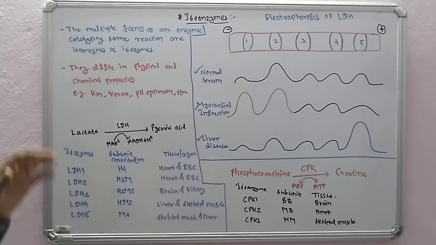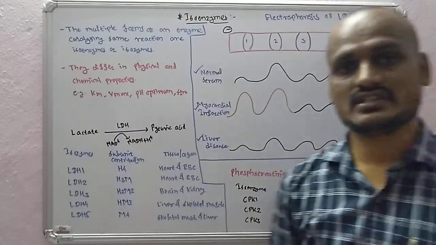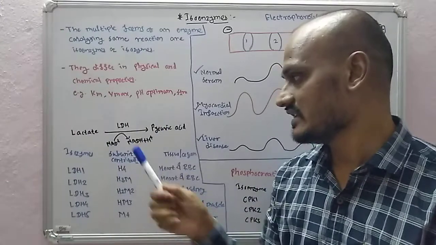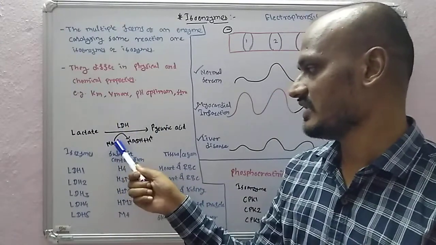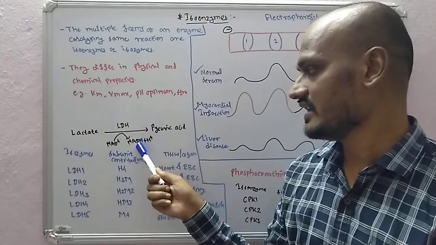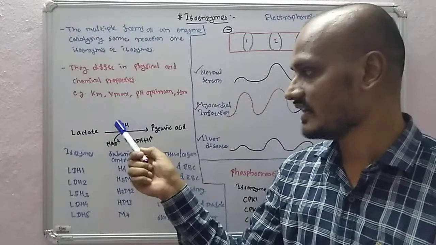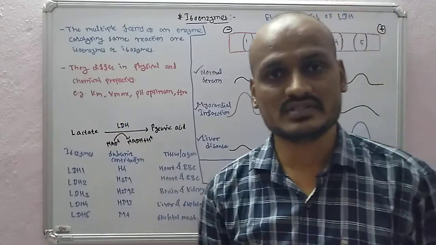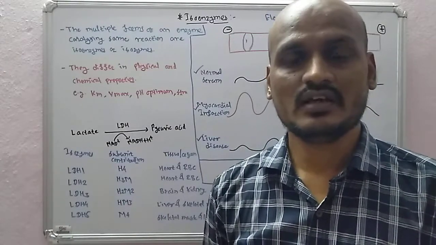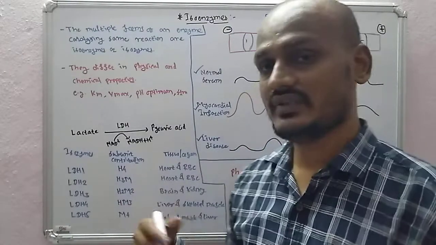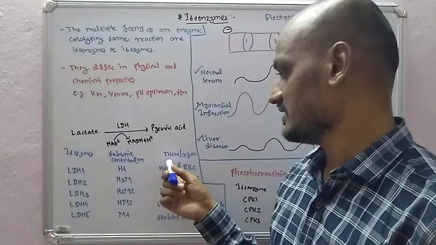So here we are going to study one simple reaction, lactate to pyruvate conversion. We know lactate to pyruvate conversion requires LDH, lactate dehydrogenase, and in this reaction NAD plus is getting converted into NADH plus H plus. So basically we have lactate to pyruvate conversion and we require the enzyme lactate dehydrogenase. Can this lactate dehydrogenase be different in different organisms or different tissues? Here we are going to see one particular organism, for example us, and it depends on the different tissues.